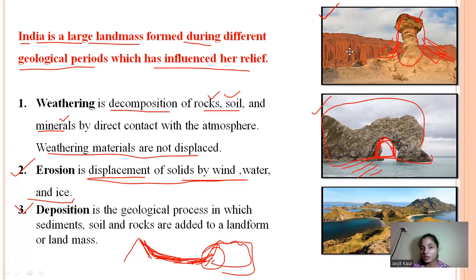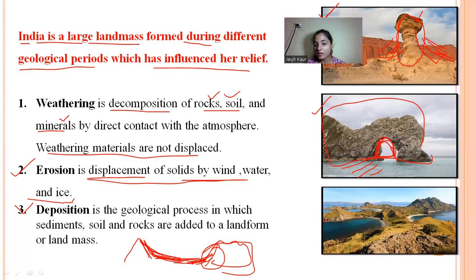Let me show you an image here. So yes, because of the sediments of the water, these upraising structures are formed because these are the depositional materials, the materials that are being deposited here. So this is known as deposition. Okay, so we have three geological processes. One is weathering, then we have erosion, and the third one is deposition.